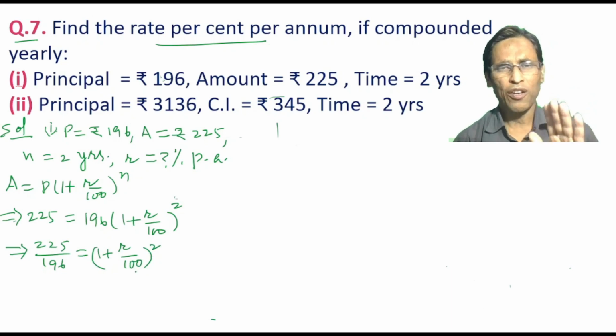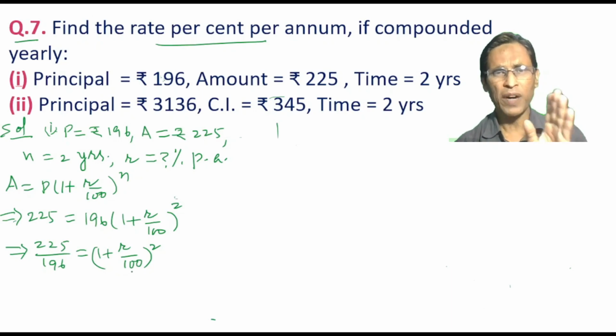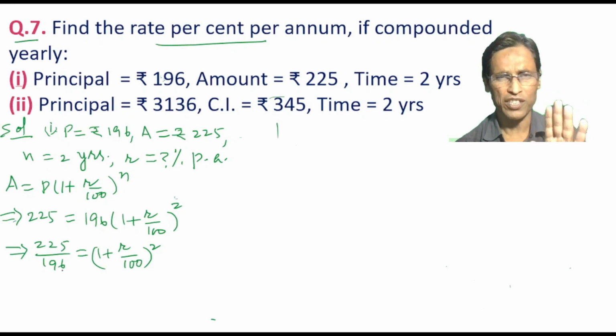Now from here we can say the RHS part of the equation is in exponent form, so the LHS part must be in the exponent form. और इसके लिए क्लू ये है कि अगर RHS part of the equation power 2 रखता हो तो LHS part of the equation must have the power 2, और इसलिए 225 by 196 को हमें स्क्वायर फॉर्म में कन्वर्ट करना होगा. इसके लिए by observation we can say 225 is the square of 15 and 196 is the square of 14. So this can be expressed as